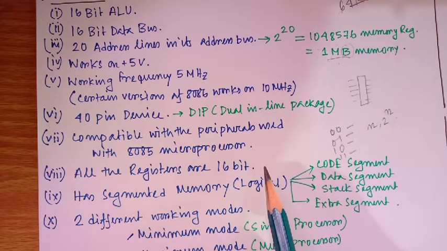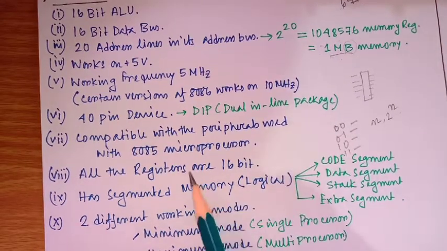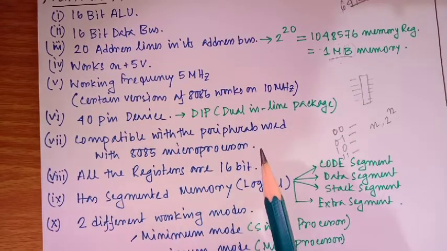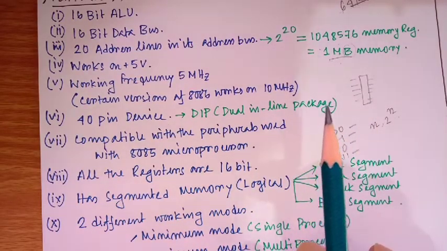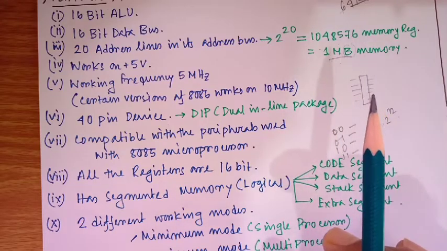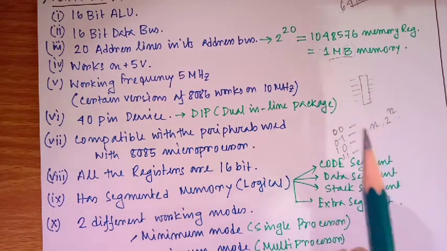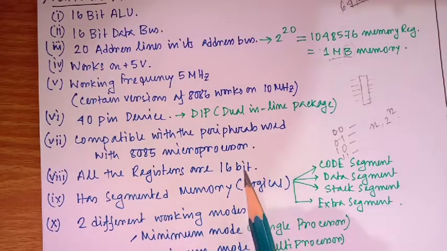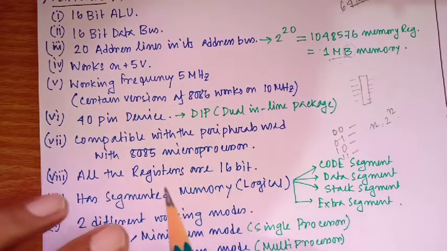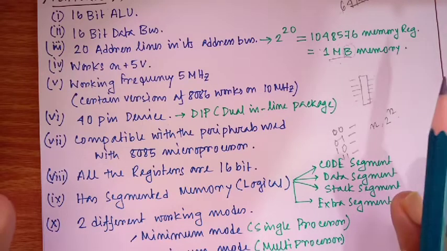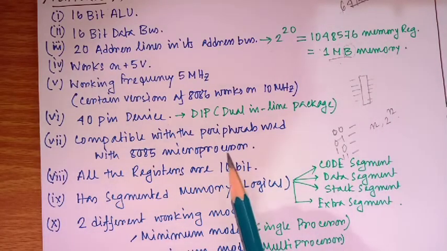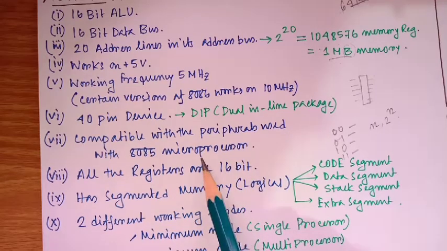But when you are talking about a programmable system which you want to design with this processor, a programmable system contains so many peripherals. Peripheral means all other elements, mainly IO chips, memories, etc., which are required to design a programmable system, because the processor itself is not a programmable system. If we connect the processor with all other peripherals, then as a whole it becomes a programmable system. So whatever peripherals we have used with 8085, most of them are compatible with 8086. That makes this device easy to understand and easy to use.